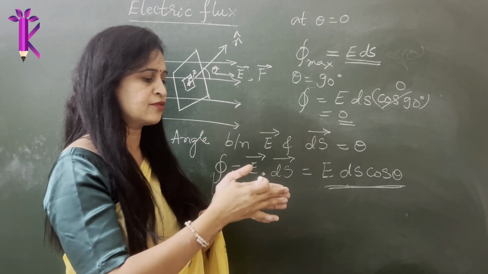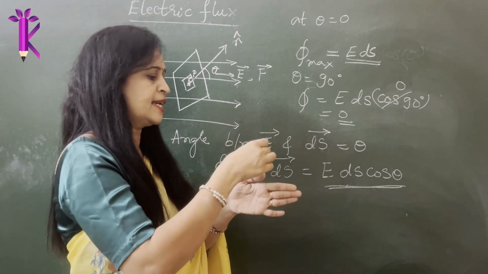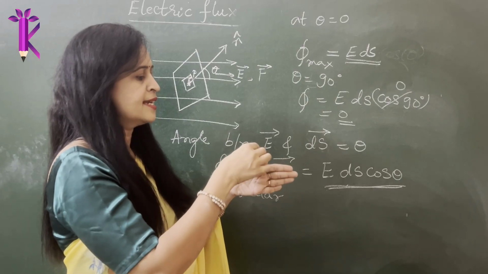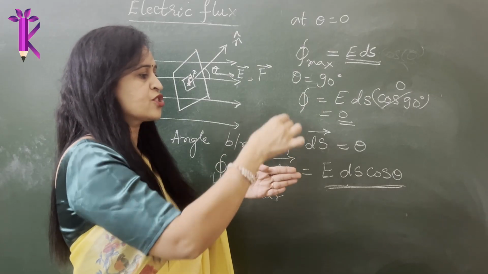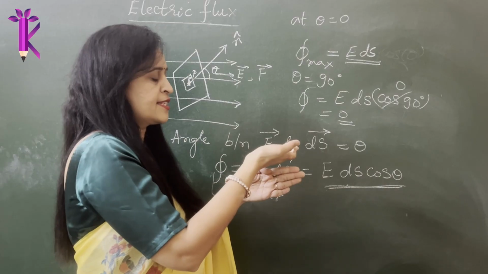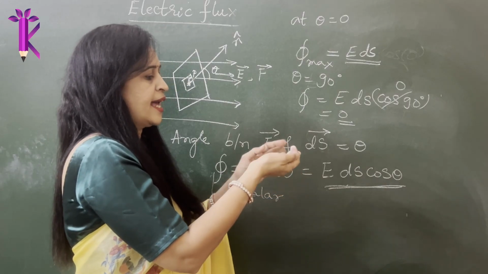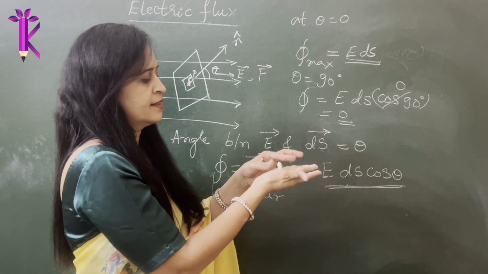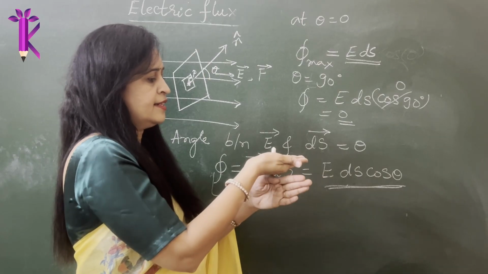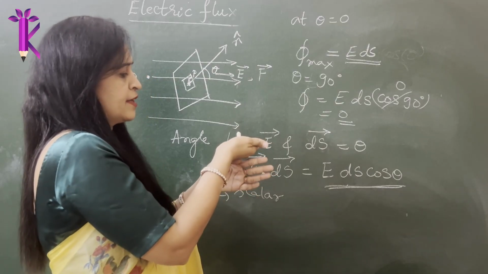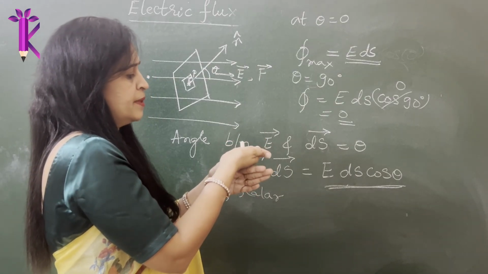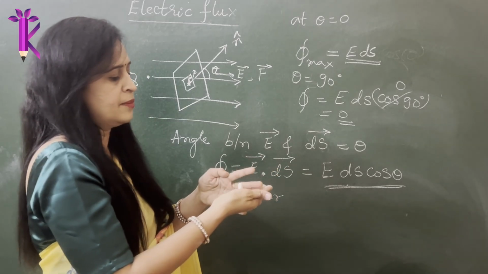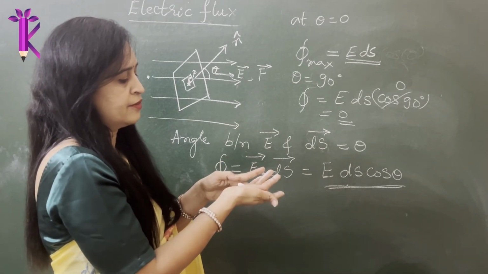So if this is the direction of the electric field and you place it normally like this, my fingers represent the electric field lines and this represents the direction of the surface area. If you are keeping the surface area like this, what will be the direction? The direction will be like this, right? So this will be the direction of the area vector, and the electric field lines are my fingers. So you see it is facing upward. The angle between them is 90 degrees. So nothing actually passes. Even if you keep it in between them, you see this is the angle that they make with each other.